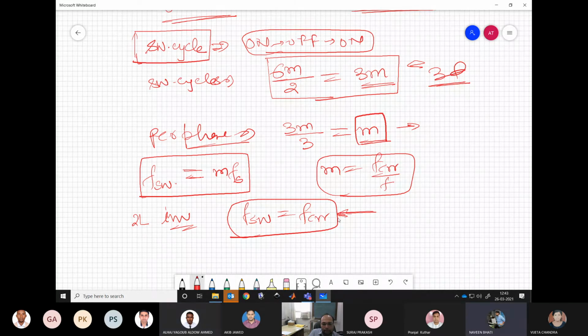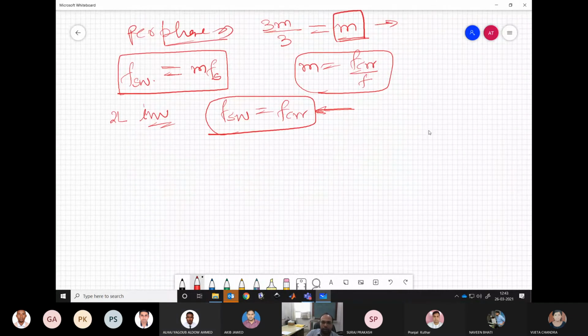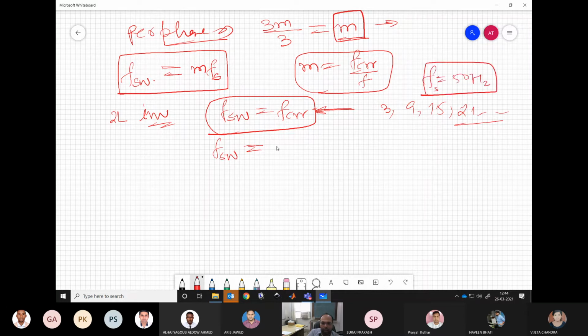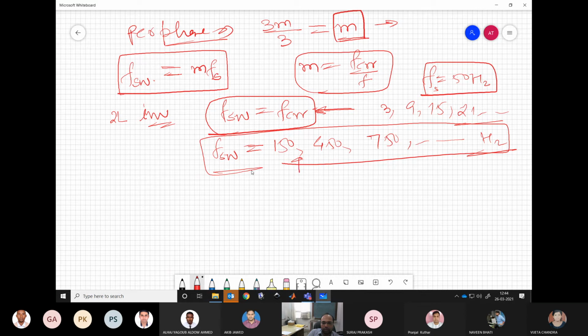Now the same thing, let us try to understand from the space vector point of view. So this you understood. Now our carrier frequency, we know it can be 3 times, 9 times, 15 times, 21 times the fundamental frequency, which means our switching frequency can also be, let us say our fundamental frequency is 50 Hertz, then our switching frequency could be 150 or 450 or 750 and so on Hertz. So these are fixed numbers. This is what we have seen earlier also, right? So we saw last time from a different perspective.